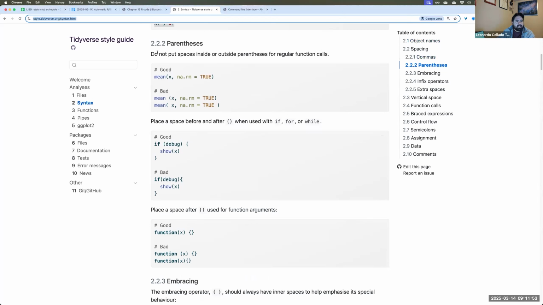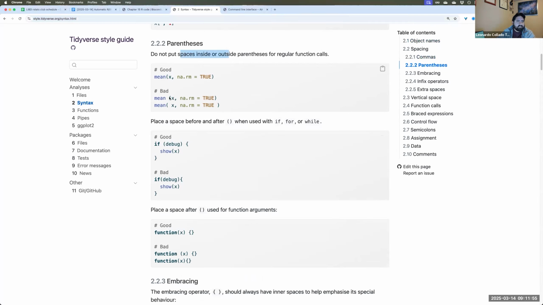They also say don't put spaces inside or outside of parentheses. So here, this is something they don't like because it separates the beginning of the function from the name of the function. They would prefer if you don't have a space there. Then this one over here they don't like either because